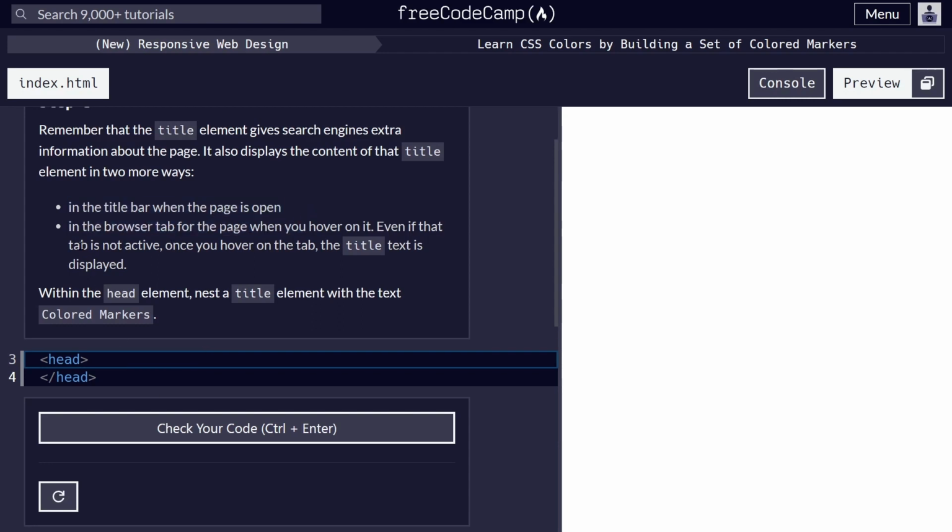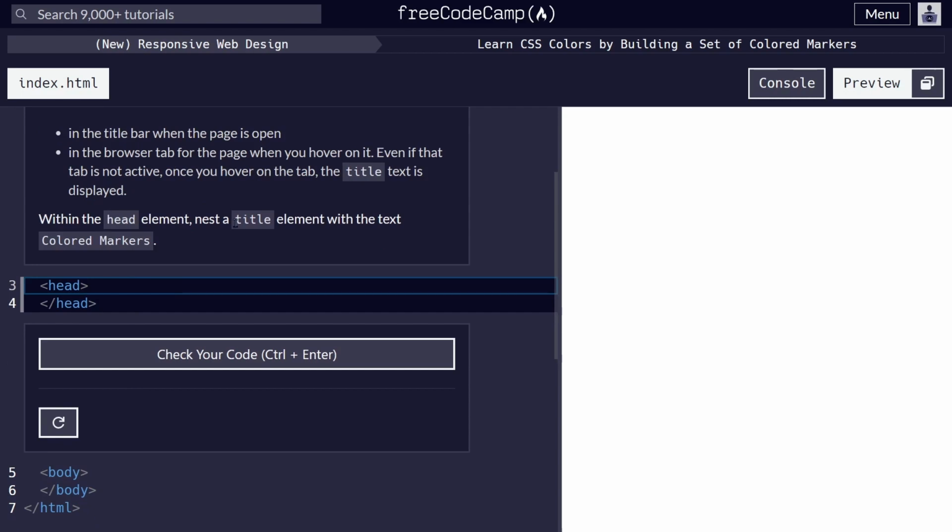In the browser tab for the page when you hover on it. 在浏览器的分页，当你 hover 在上面停留的时候，会显示出来。Even if that tab is not active, once you hover on the tab, the title text is displayed. 即便这个分页没有被点开，一旦你在上面停留，title 的文字还是会被展现出来。